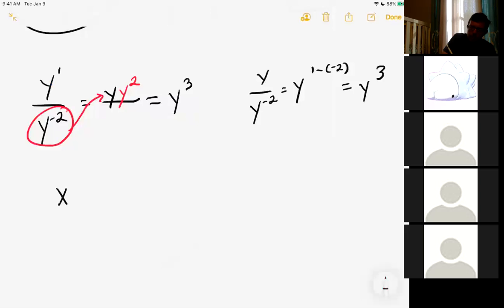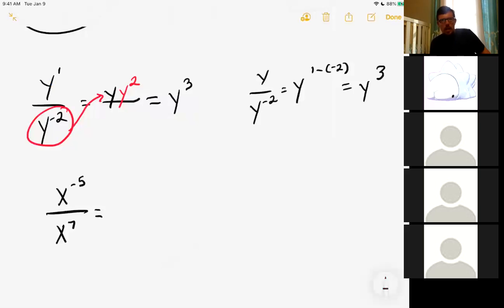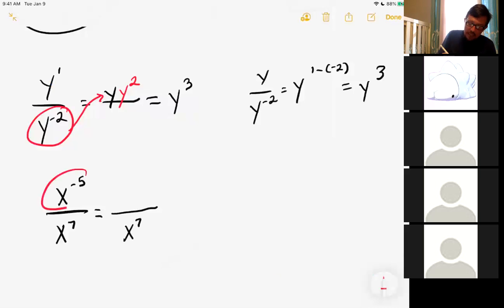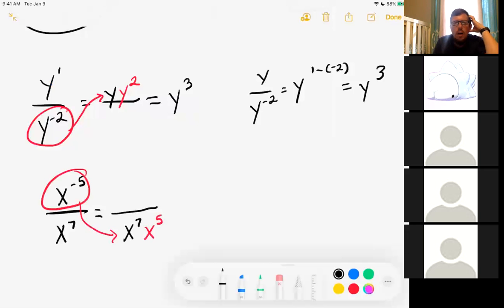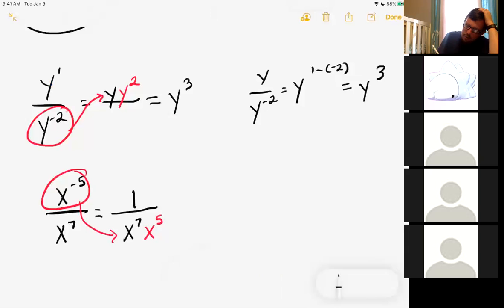So if we're going to do it that way, let's talk about what you would do if the negative is on the numerator instead of the denominator. Again, I'm not going to mess with the x to the 7th. It's fine. x to the -5th, though, has got to come down, become x to the positive 5th. When I do that, the numerator is now empty. So what do I put in the numerator? 1. Good. So I have 1 over x to the